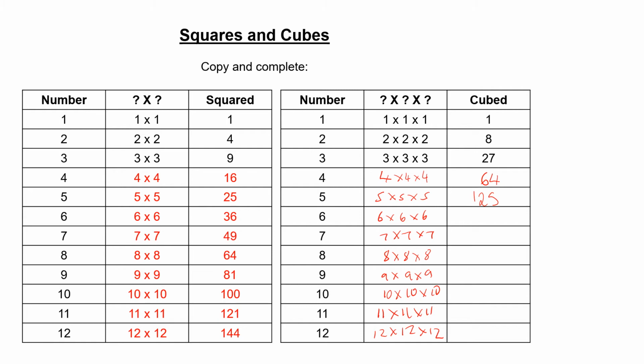6 times 6 times 6 is 216. Then 7 cubed is 343. 8 cubed is 512. 9 cubed is 729. 10 cubed is 1000. 11 cubed is 1331. And finally, 12 cubed is